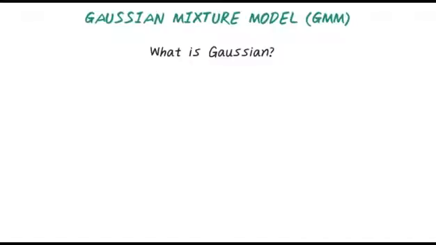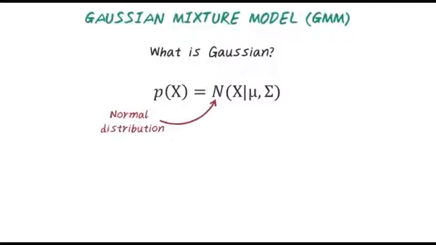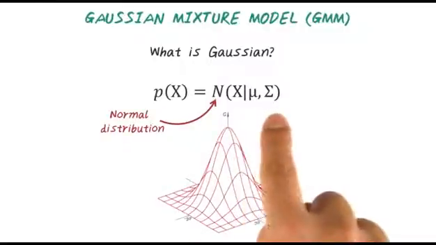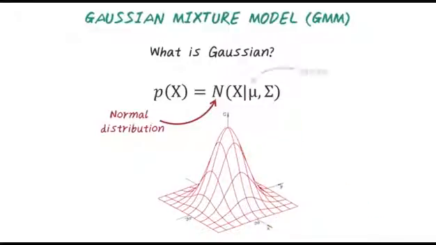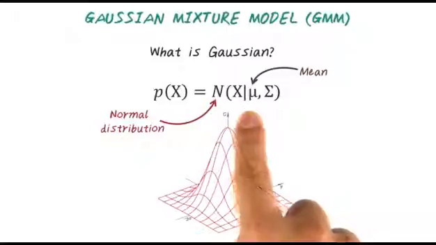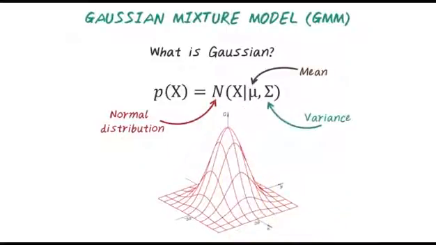So first, what is a Gaussian? Gaussian distribution is the most popular continuous probability distribution. It is also known as the normal distribution. The shape of Gaussian is a bell curve like this. And Gaussian distribution has two parameters, mu and sigma. The mu corresponds to the center of the bell curve, and the variance sigma captures the spread of